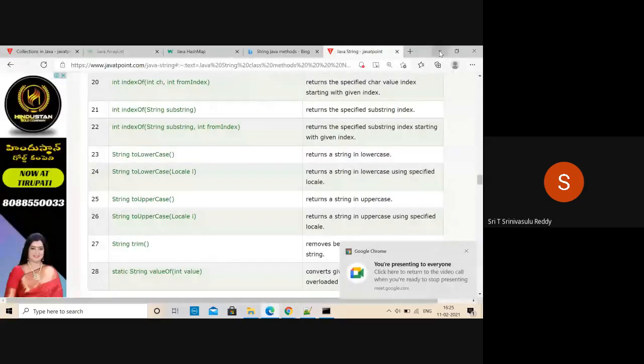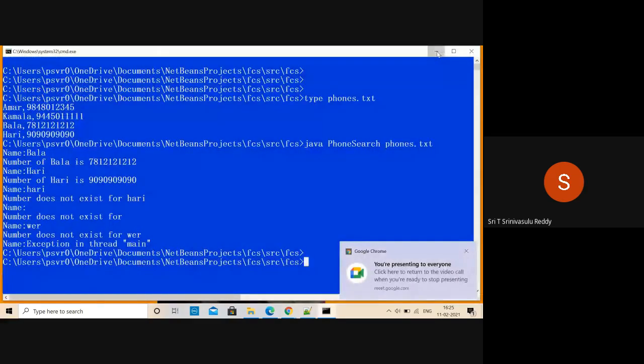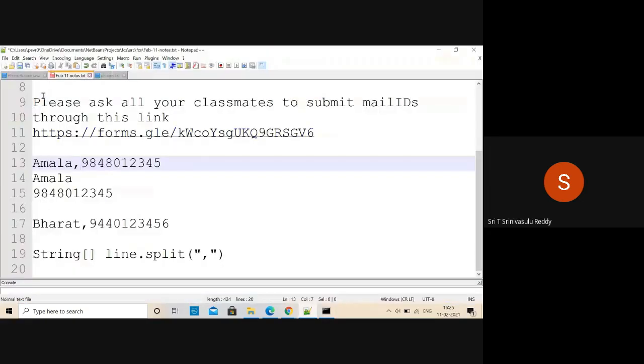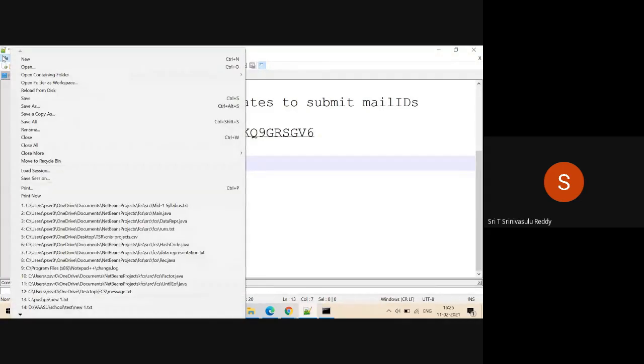But I think the files may be there in my folder. We can just look into it. Factor, representation, hash code.